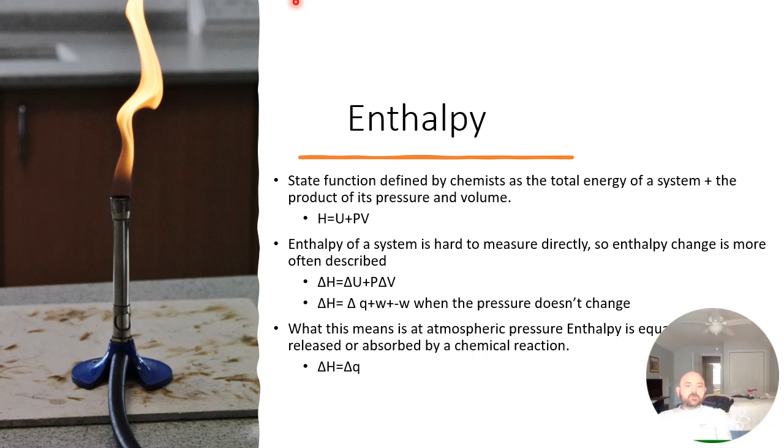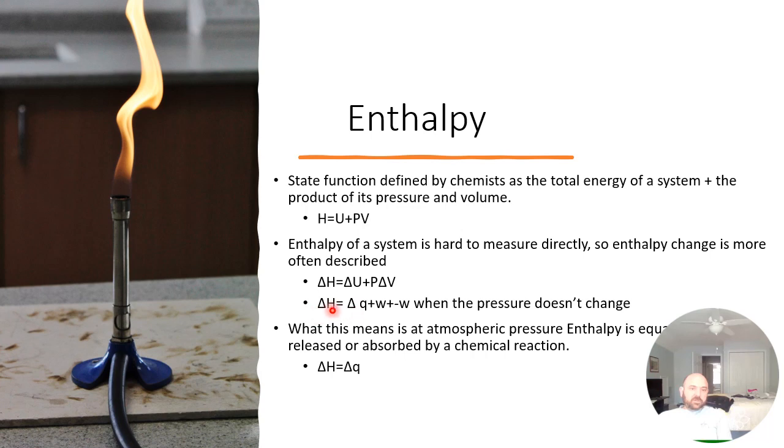Chemists defined a new state function, enthalpy, by taking the total internal energy of a system and adding to it its current pressure and volume. Regular enthalpy of a system is not really measurable by the instruments that we have, but we can describe the change in enthalpy by saying that the change in enthalpy is equal to the change in the internal energy plus the pressure times the change in volume. Well, it turns out pressure times change in volume is equal to negative W. So when you expand that out,